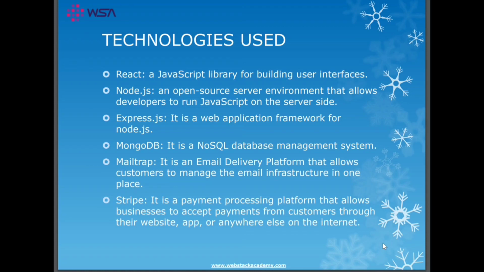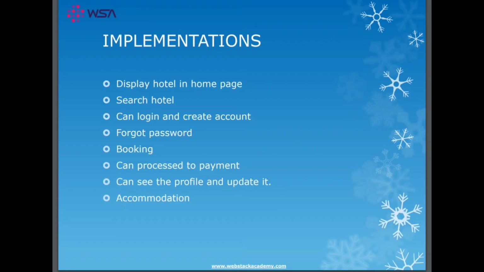So what is Mailtrap? It is an email delivery platform that allows customers to manage the email infrastructure in one place. And Stripe is a payment processing platform that allows businesses to accept payments from customers through their website, app, and anywhere else on the internet. Now let's move to the next slide, that is implementations, and I will explain all the functions mentioned in this